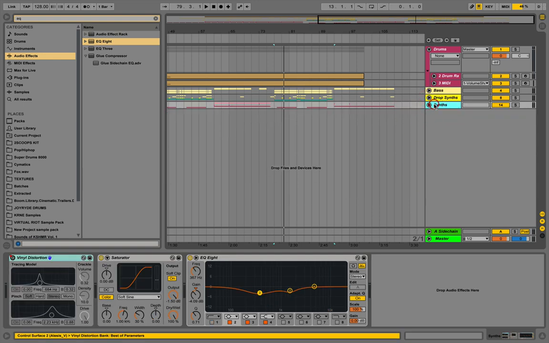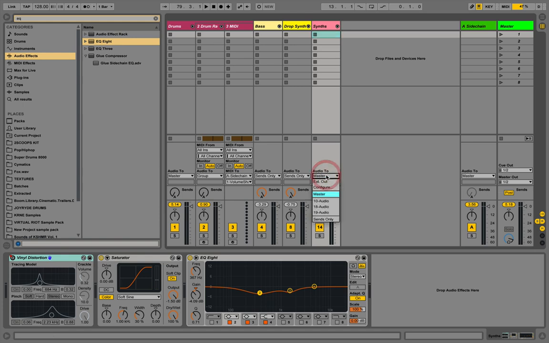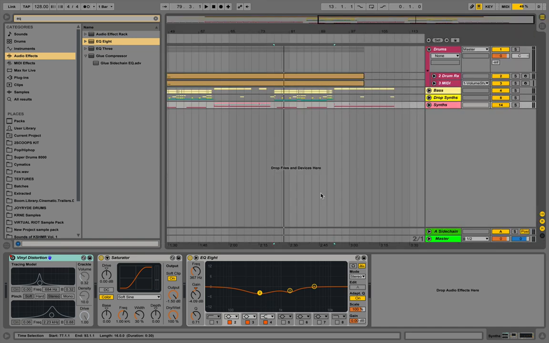One last thing, like I said before, totally skipped on doing this. I'm going to send the synths to sidechain so they're not conflicting with the kick and the snare. It would be a very subtle conflict, but it's still good to get rid of that and make sure that the kick and the snare can just push through everything. So that concludes the synth portion of this